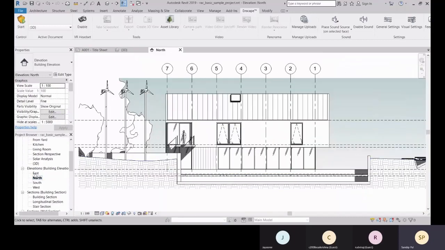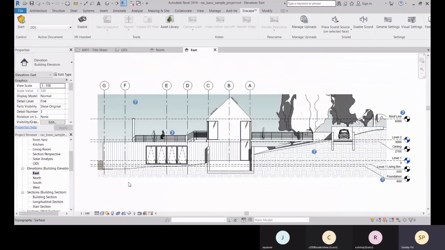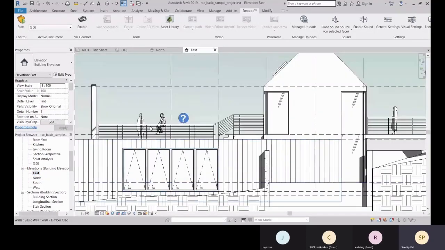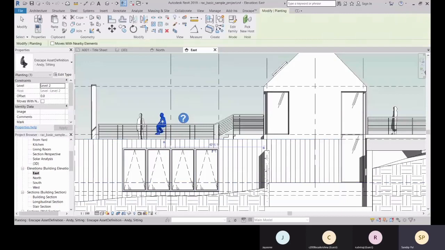Let's check which view. Yes. So now let's drag him.